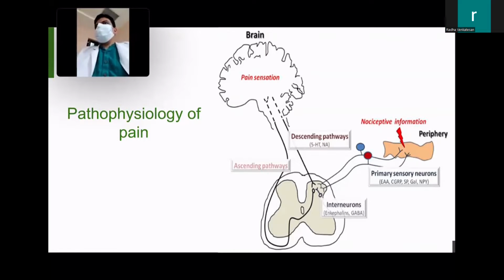Then you have the sensory nerves, you have the spinal cord, and in the spinal cord, the dorsal horn is an important area. Then you have the ascending fibers. Among ascending fibers, the spinothalamic tract crosses over, and then you have tracts which don't cross over. They all go to the brain, where you have the thalamus and brain representation of various areas. Then you have the descending tract. The descending pathway is equally important because it conveys, and it also has an inhibitory role, which we will also see in due course, because that is also important in understanding and treatment. And then finally, the message is conveyed back, and that is how it is perceived. So this is just a quick diagrammatic representation.